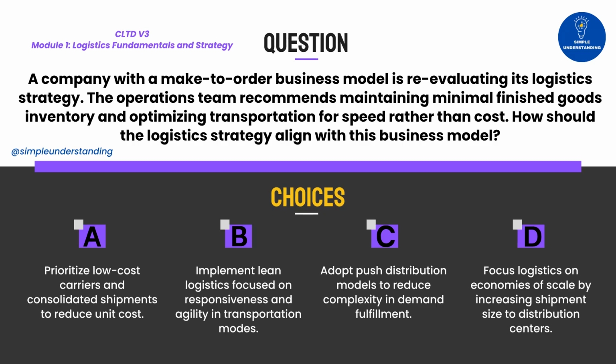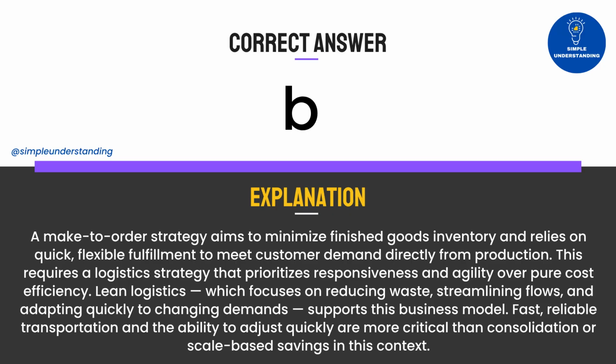A. Prioritize low-cost carriers and consolidated shipments to reduce unit cost. B. Implement lean logistics focused on responsiveness and agility in transportation modes. C. Adopt push distribution models to reduce complexity in demand fulfillment. D. Focus logistics on economies of scale by increasing shipment size to distribution centers. Correct answer, B. Explanation. A make-to-order strategy aims to minimize finished goods inventory and relies on quick, flexible fulfillment to